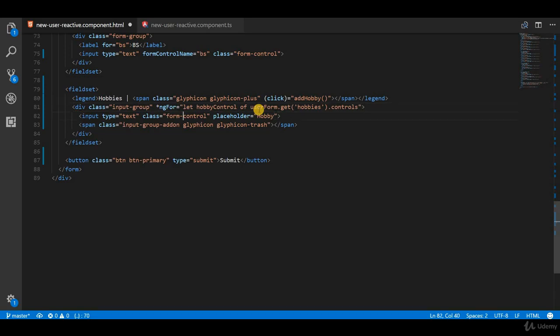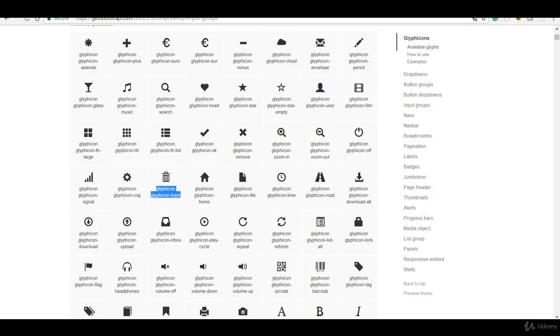Now for this input that we have here, I'll also have to specify something called a form control name, and this form control name would be the index for just one hobby control inside this controls array. So to have access to that index, I'll also do something like let i equal to index, and now I can pass that value of i in here, but since i is a property and I need to bind to it, I'll be using the property binding syntax like so. All right, so if I save this now and go back to the application here,